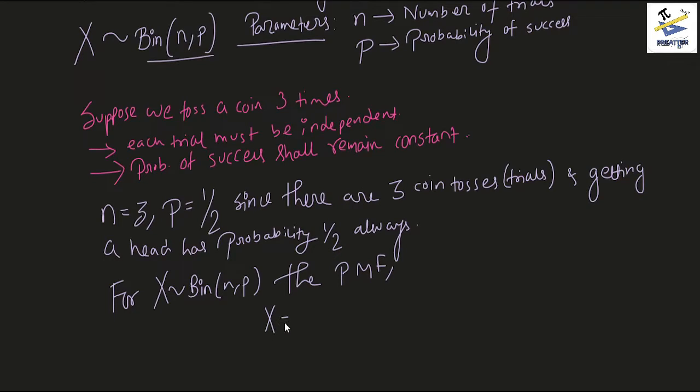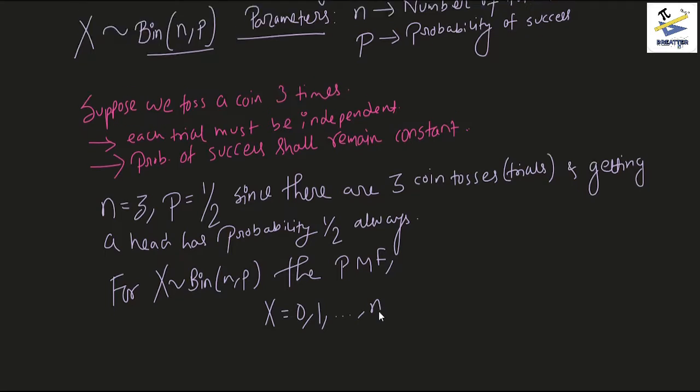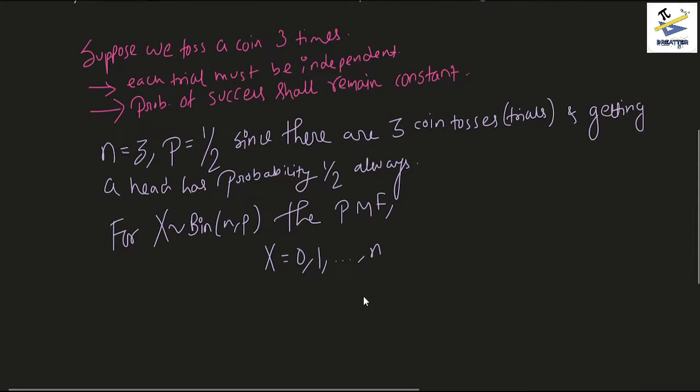Here x has the values in binomial distribution, x carries all the values from 0 to n. So naturally the probability distribution should assign a probability to each of these n plus 1 values, right? And it does so, and it gives us the probability in this format for any k. For probability of x equals k, where k is any k from 0 to n, the probability is modeled